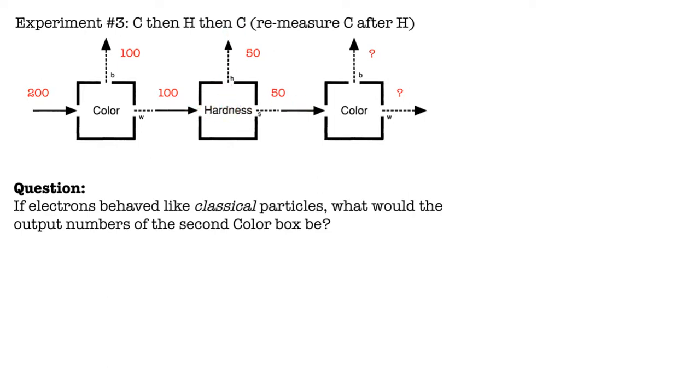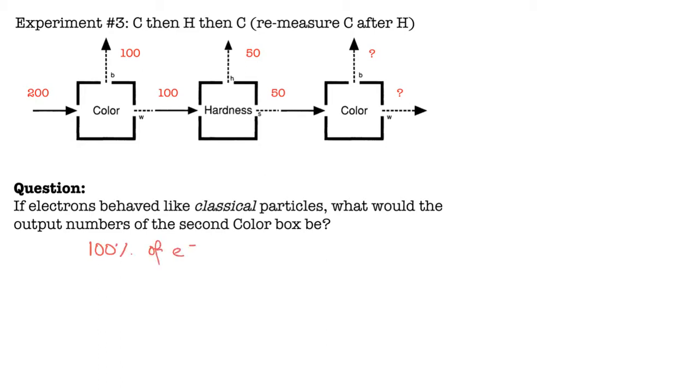We then take the 50 soft electrons that were once already measured as white, and we shoot them into a color box. As a first question, if electrons and other quantons were really classical particles, what would the output numbers in the second color box be? Well, if you put in 100 white electrons and 50 of them continued to the next color box, you might very reasonably assume that once a white electron, always a white electron. So every single electron that enters the second color box will retain its whiteness and emerge from the white port. So our prediction would be 100%